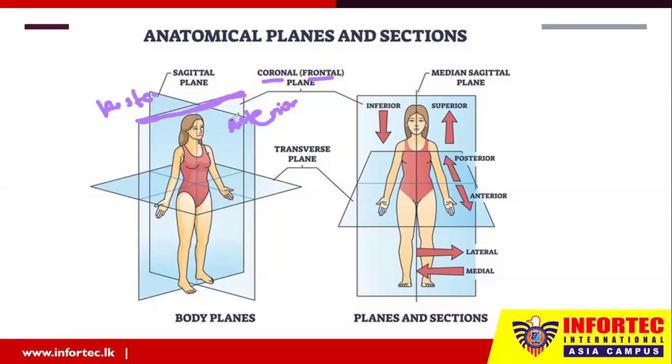It is useful for imaging our chest, face, and abdomen. Is it clear? So that is the frontal plane or coronal plane, right? Then moving to the transverse or horizontal plane. We also refer to it as horizontal, right? Transverse or horizontal plane, right? So this divides our body